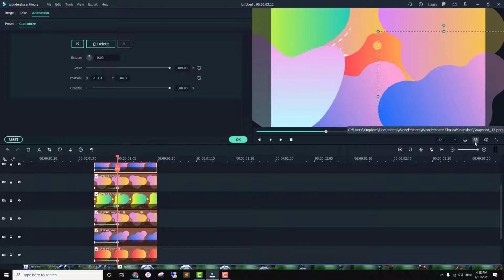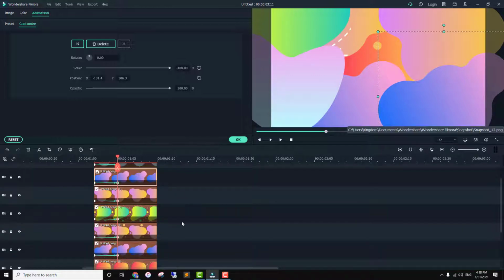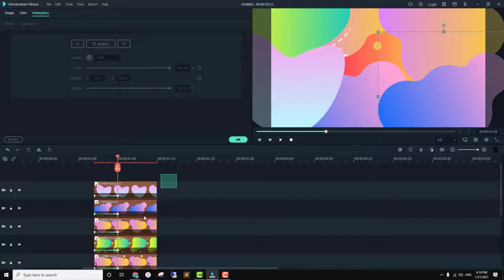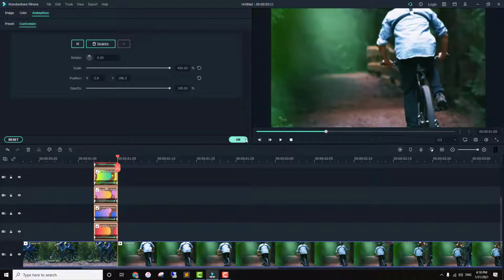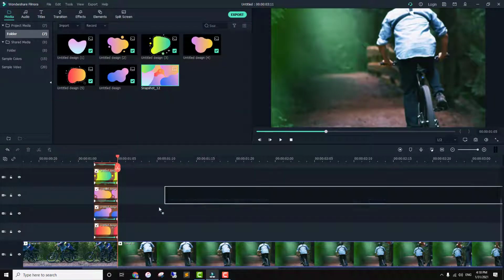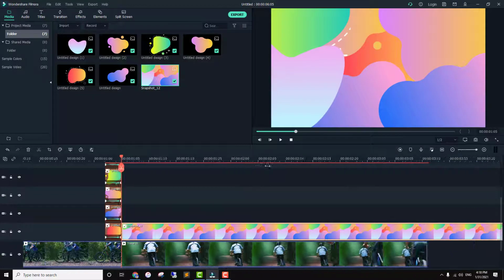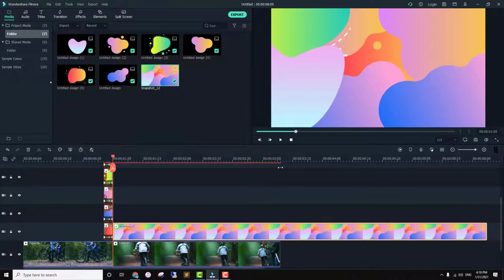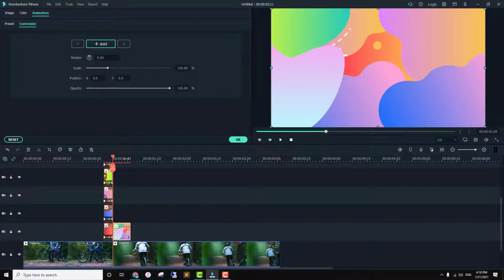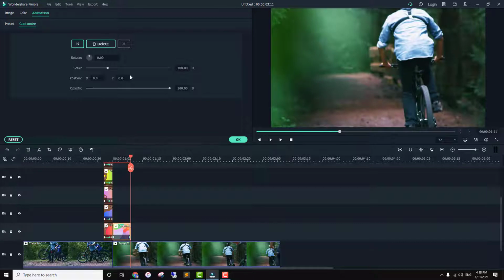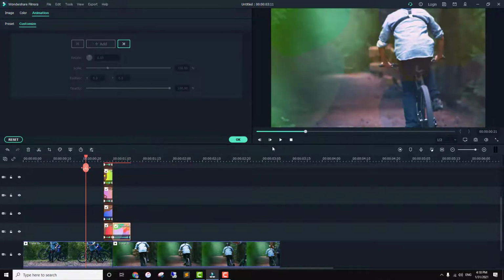Now I will take a snapshot, and again select all of them and trim. Then I will add this here, and here I will add a keyframe, then in the final position I will decrease the opacity to 0. So let's see what we have built.